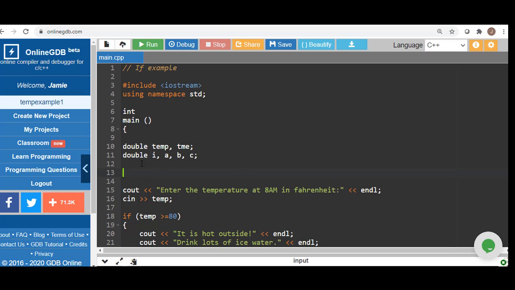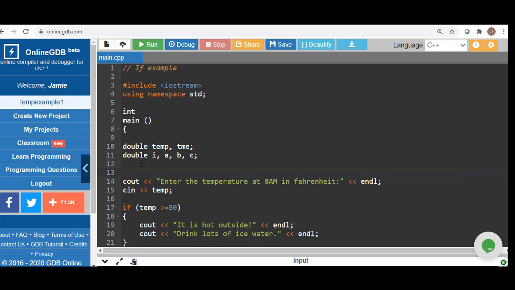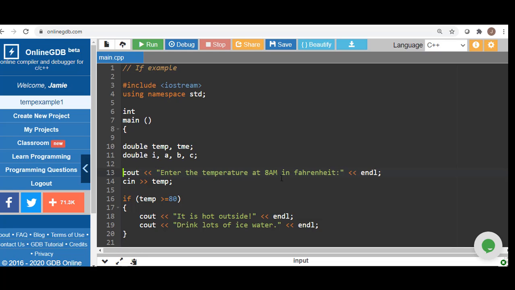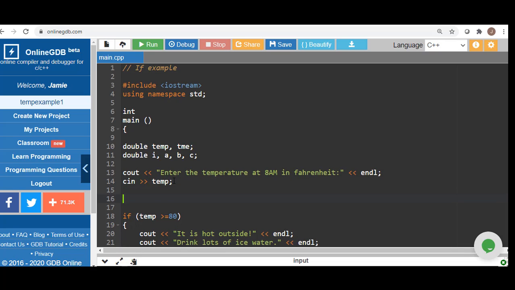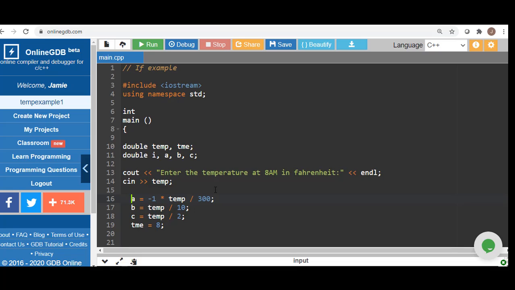So we're going to go ahead and the same thing, the user is just going to enter the temperature, but they're going to give kind of the morning temperature here. So we'll assign that temperature a value, and then once we have that, I'm going to go ahead and create the variables for that little polynomial equation. So kind of the AT squared plus BT plus C. So we're going to have an equation that is going to change that